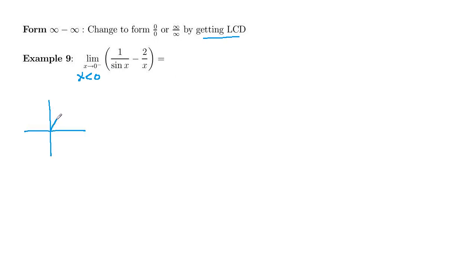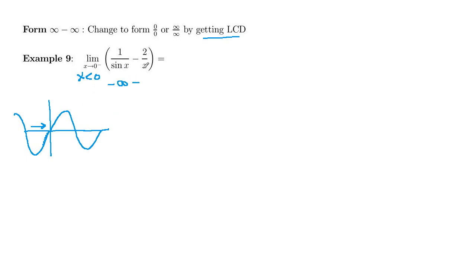It starts at 0, goes up to 1, back down to -1, and back up to 0, and then it continues in the other direction. So our x is less than 0, but getting close to 0. So coming into 0 from this direction, you can see that the sine values are negative. So this is positive over negative, so that's going to be minus infinity,